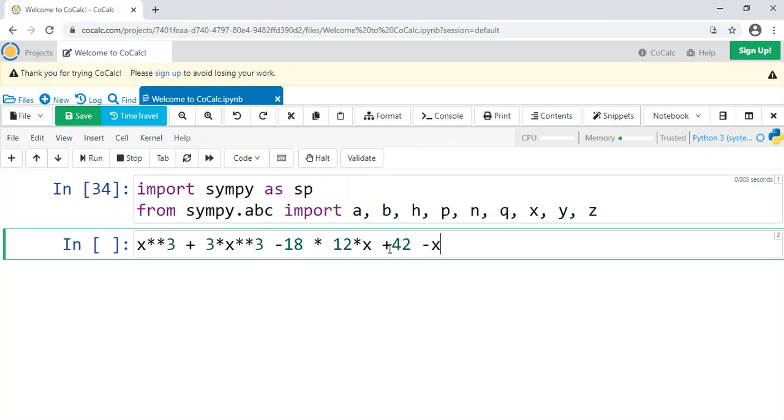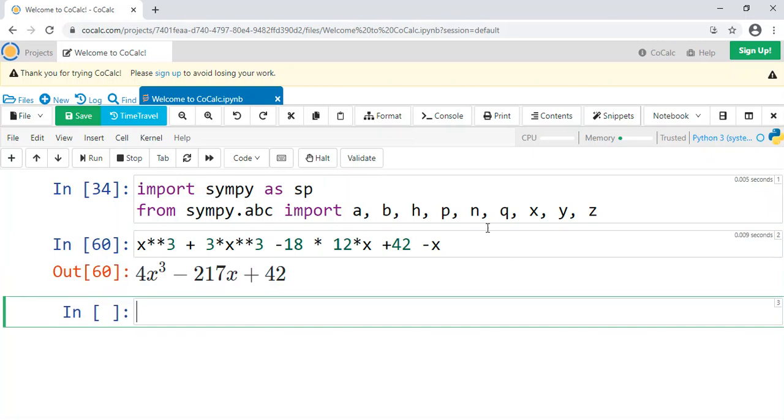You'll notice this is really just a matter of adding and subtracting. You've got your x's to the power of 3, some to a power of 1, and some regular numbers with no x. So SymPy isn't going to spit it out as we wrote it. It's going to simplify it to some extent. So you see it gives you 4x cubed minus 217x plus 42.